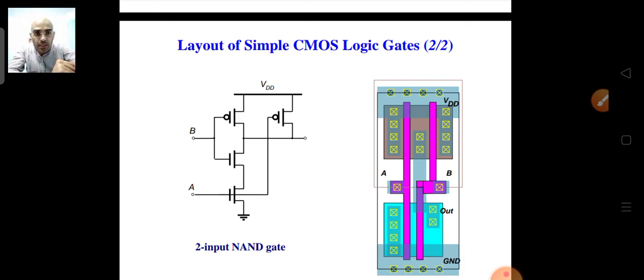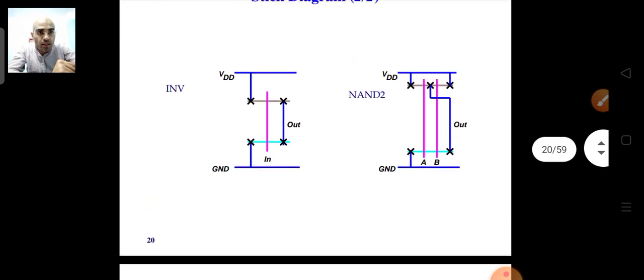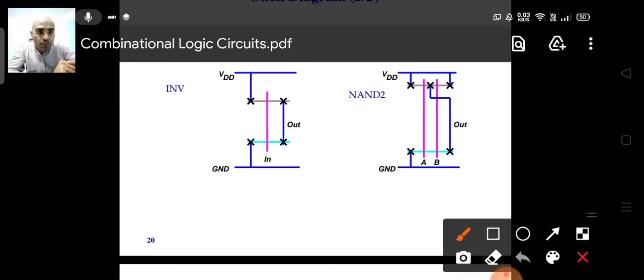So now let's try to understand this on the stick diagram. You see what is happening here. If we consider the pull down network, this is particularly your polysilicon, okay. Wherever this intersection happens, that many transistors we are making. You can see that it is intersecting the green region at 2 points. So it means you are making two NMOS transistors, okay.